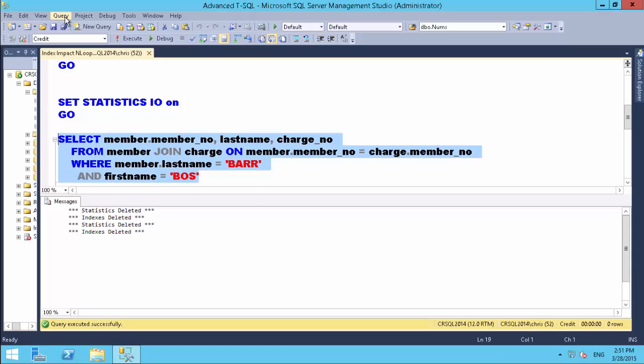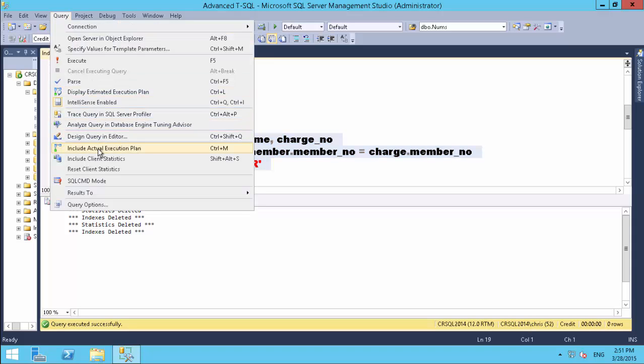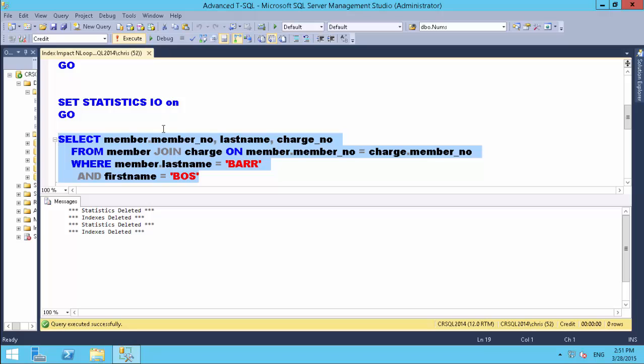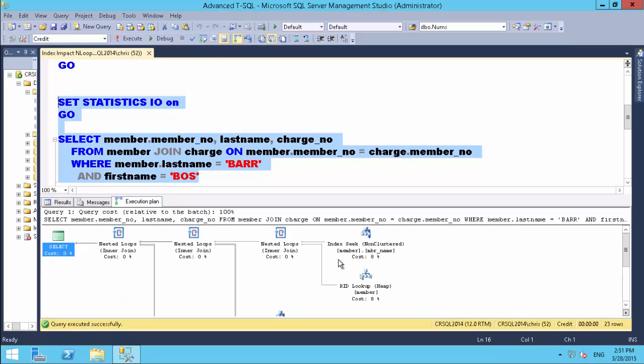And once those indexes are created, I have a query here in which I'm trying to enforce this. Let me include the actual execution plan here, and now you notice the join condition is member.member number equal to charge.member number. If you remember, we've got an index on charge.member number. We don't have an index on member.member number. Now when I execute this, if you look at the execution plan, you will notice